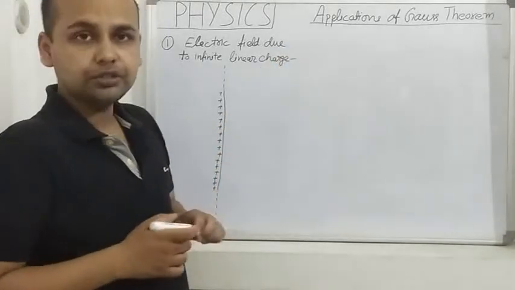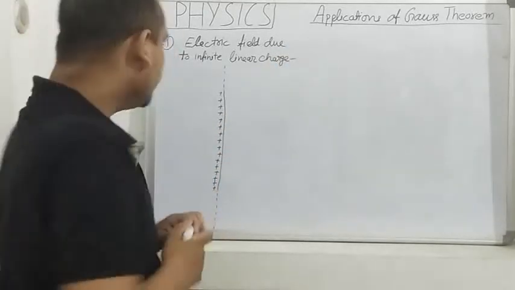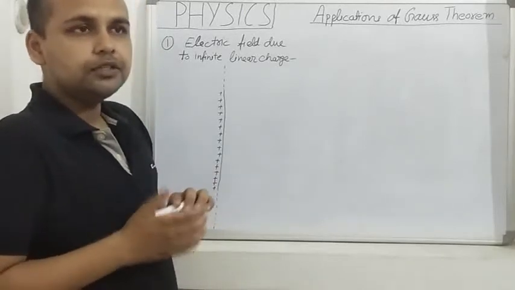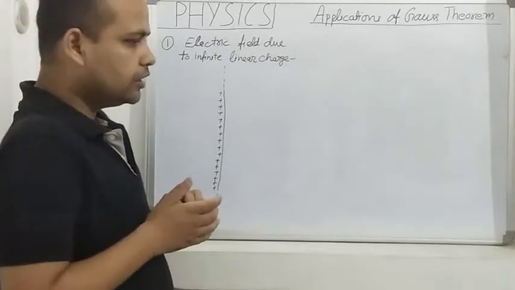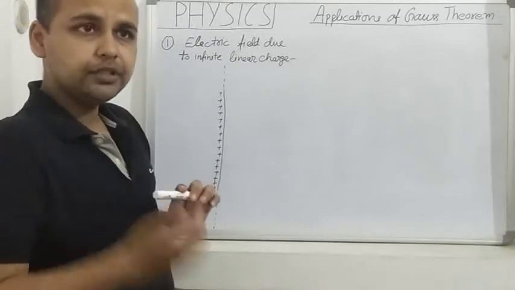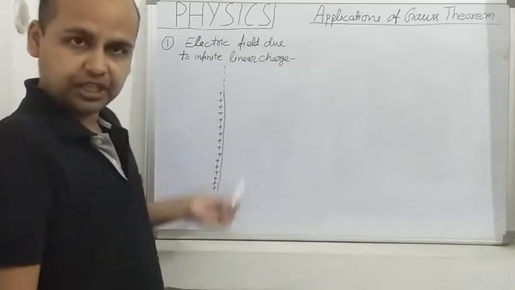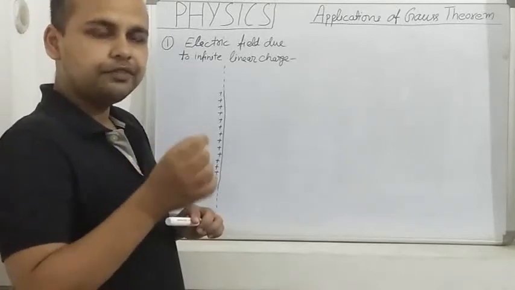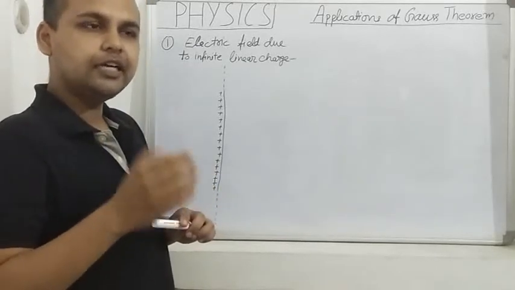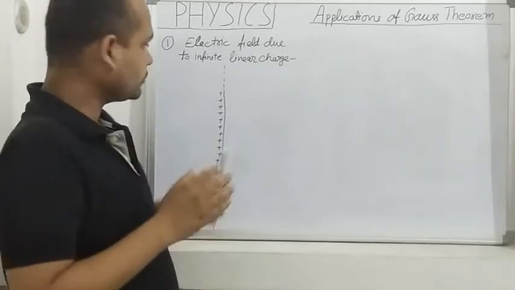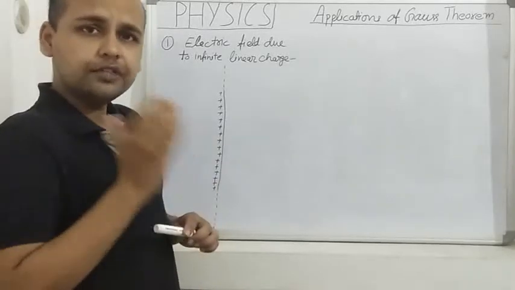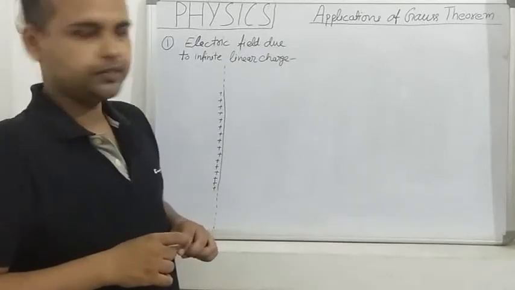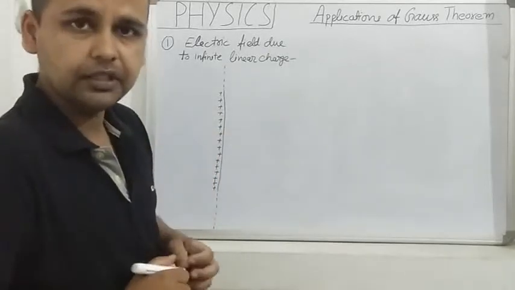By applying Gauss theorem, we are going to see that. So the same thing we'll do. First of all we will choose a Gaussian surface which should have a shape in symmetry with this source charge, and after that we will see that the point at which we are going to find the electric field should lie on the surface of the Gaussian surface which we have chosen.